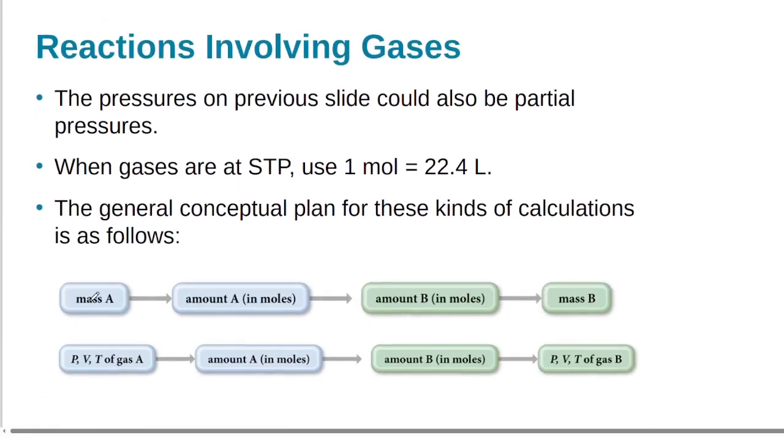So if we have, let's say, a mass of A, we can convert that to moles of A, and then to moles of B, and mass of B. So we did that kind of thing last semester. But if we instead are starting with the pressure, volume, and temperature of gas A, we can convert that to moles of gas A from our ideal gas law, and then to moles of B from the balanced equation. And then if B is a gas, we can convert that to the pressure, volume, or temperature even of gas B. If we're at standard temperature and pressure, we can use the identity that 1 mole is